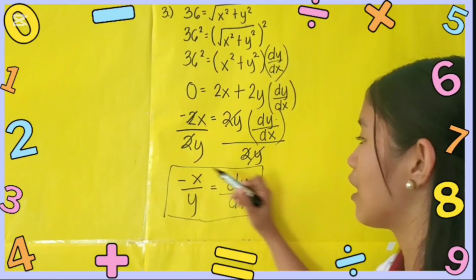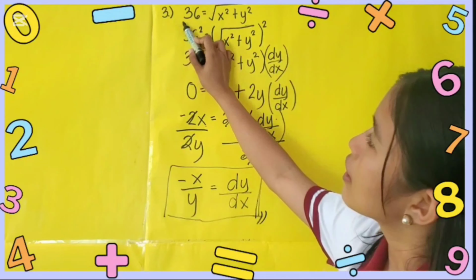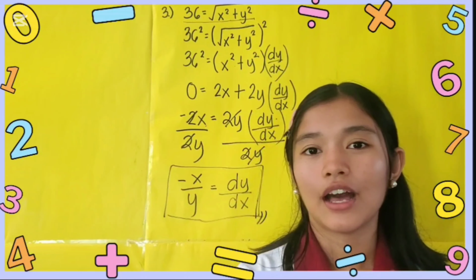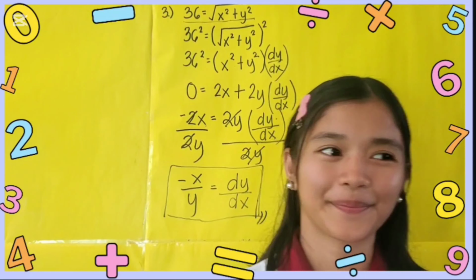So this is the final answer from this equation. So I hope you learned from this example of implicit differentiation. For our fourth example, we have